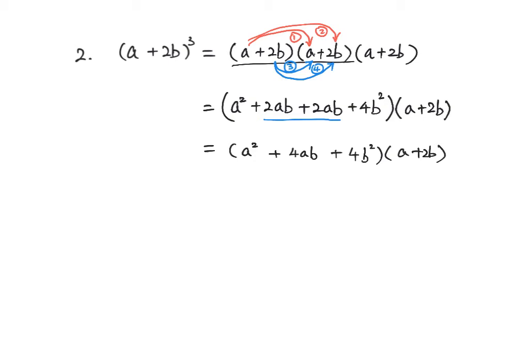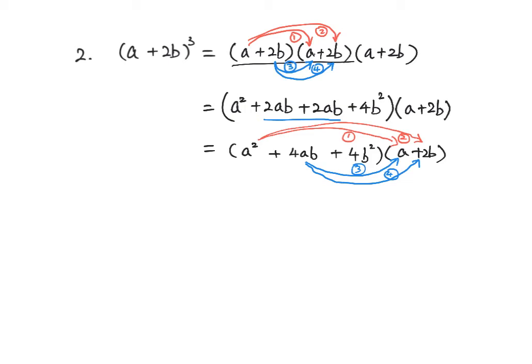We use each term in the first bracket multiply all the terms in the second bracket. So a squared times a squared times positive 2b, and then 4ab times a, positive 4ab times 2b,